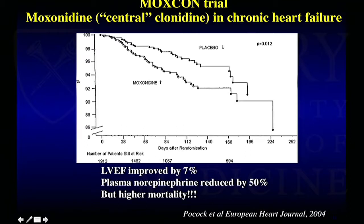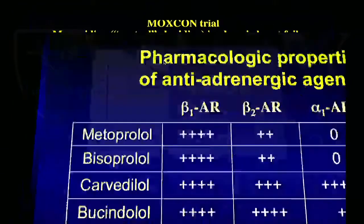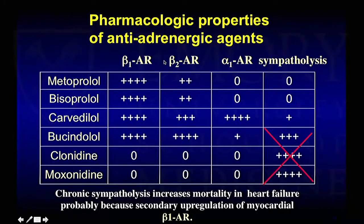Probably one of the reasons was that while you stop the adrenaline from the central part, there are different levels of activation, you get actual upregulation in the system, and that still hits the cardiac myocyte. So I suspect that you have a tight control system, and unless you block it all the way to the cardiac myocyte level, you're not going to improve survival for real. And this might be different for somebody with a defibrillator that may protect them, but it can cause probably more arrhythmic death. And my take-home message is this: while moxonidine is not approved in the U.S. for heart failure,